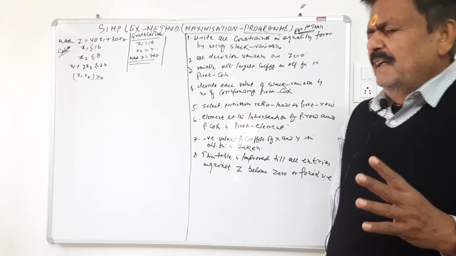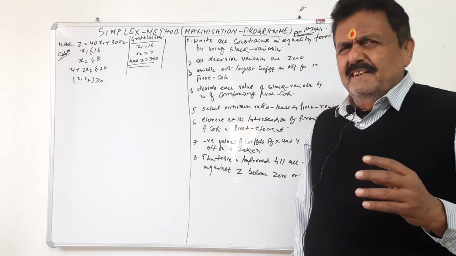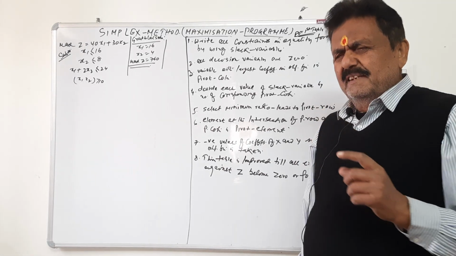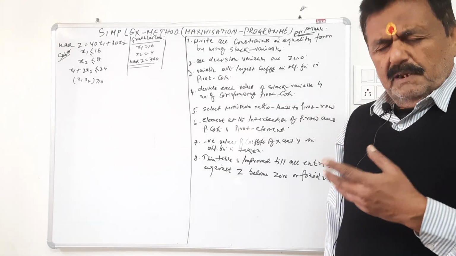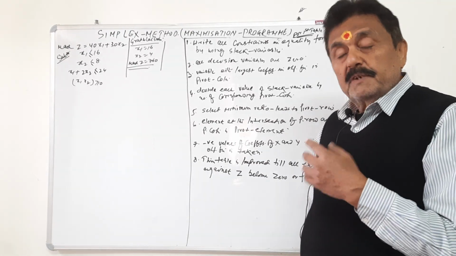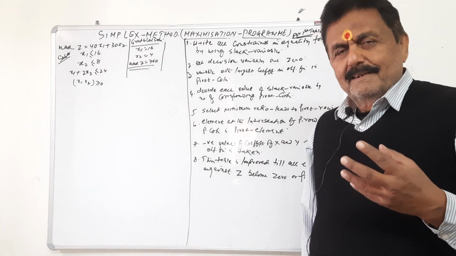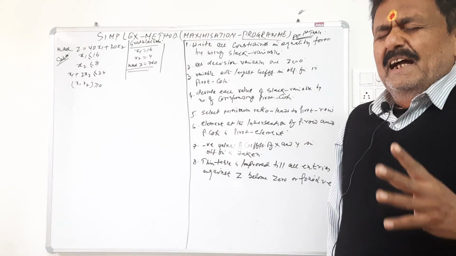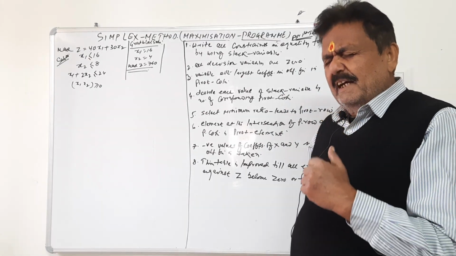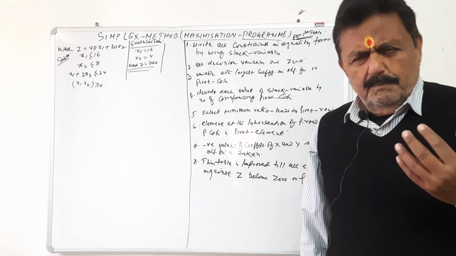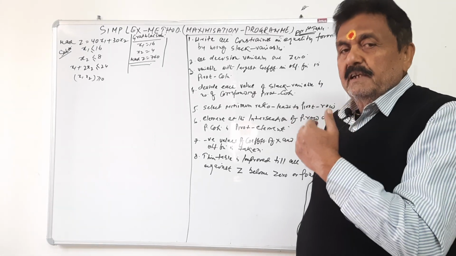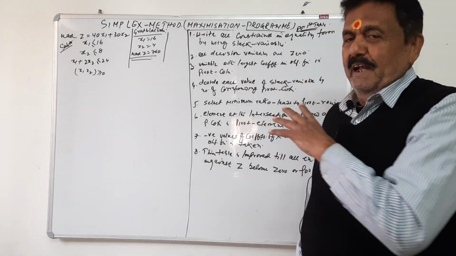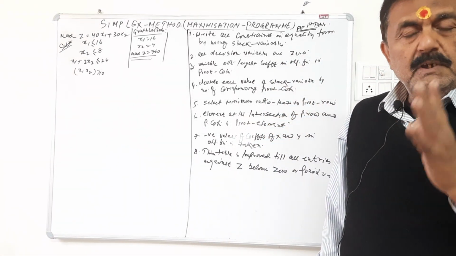In the previous two classes, I had dealt with the graphical technique, and during these two classes, I had solved 2 or 3 sums of graphical technique, rather 4 sums today. So I hope that it will be clear to the students. Now I am starting the simplex technique, and for today's and another 1 or 2 classes, a couple of classes, we shall be doing maximization programs. We must first finish the maximization program of simplex, then we shall switch over to minimization programs.